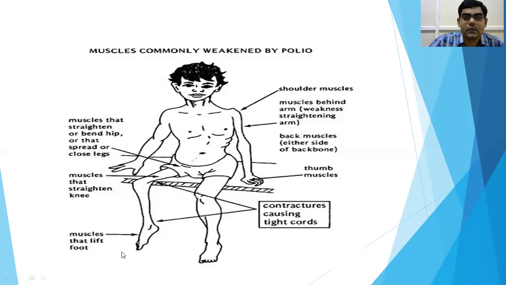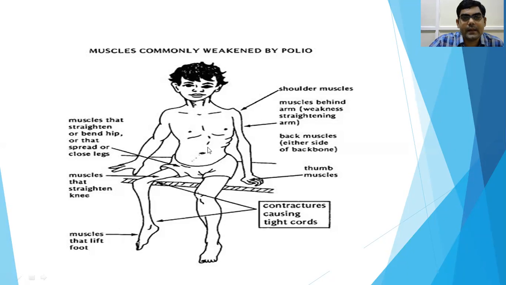So we will start with the muscles that lift the foot. They will have foot drop. The muscle will be wasted. You see how thin it is when compared to the other one. We already learned this is asymmetrical, because there will be some difference between both limbs. See, this limb is how thin, and they develop contractures. With these contractures, they are not able to flex or extend completely.